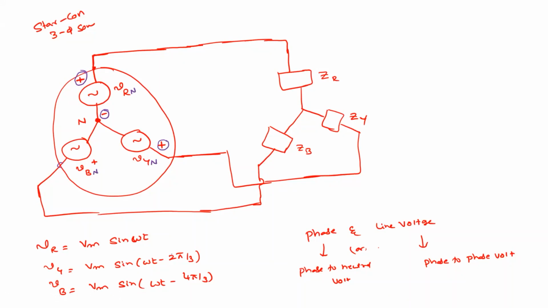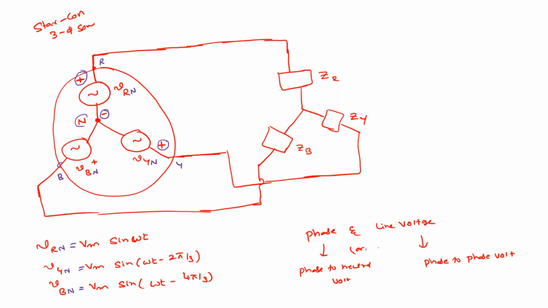Why are we denoting the N again? Phase to neutral voltage. Can you repeat that part? Neutral, right? So this notates R, this is Y, and this is B. Just to notate that, we are indicating that it is phase to neutral voltage. So we will slightly adjust this: N here, N here, N here. This indicates these are the phase voltages or phase to neutral voltages. Agree? Right.